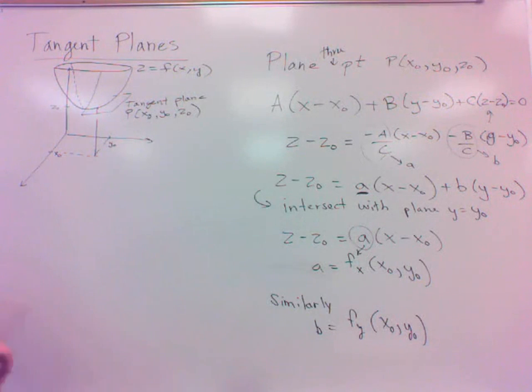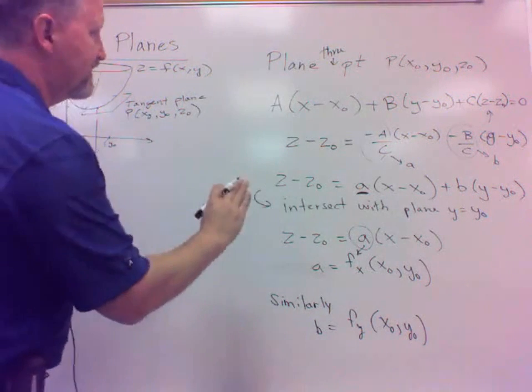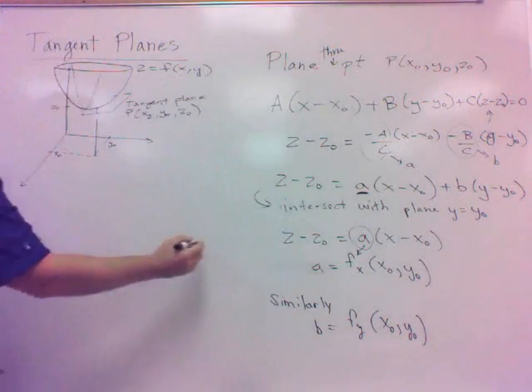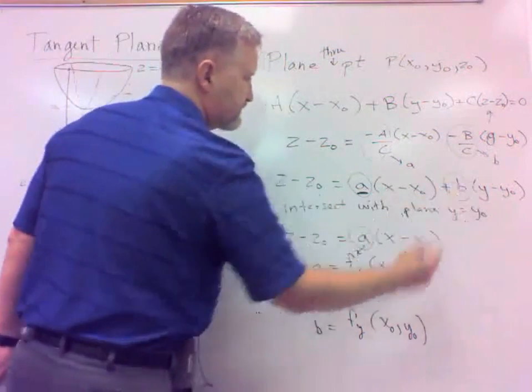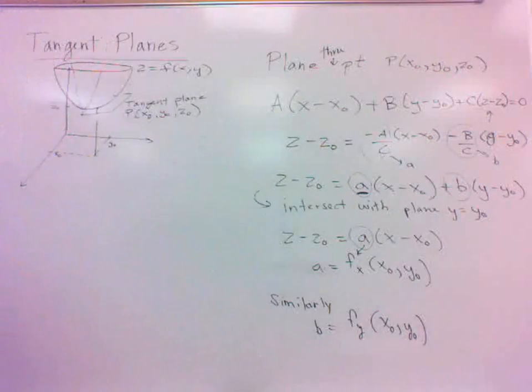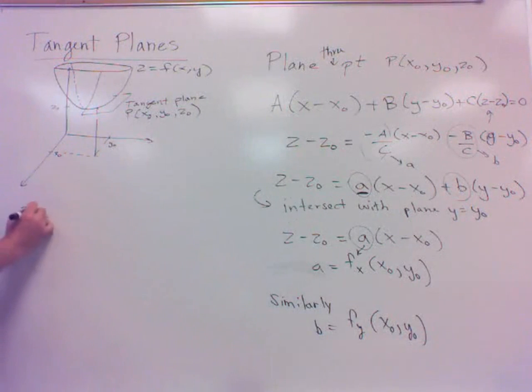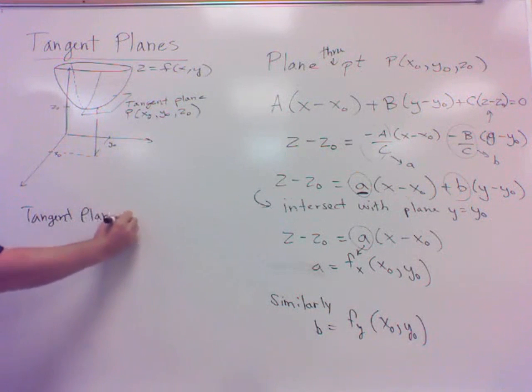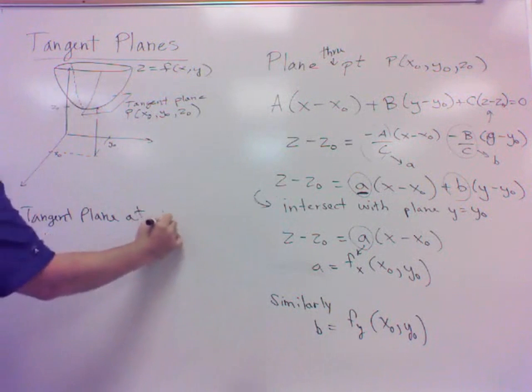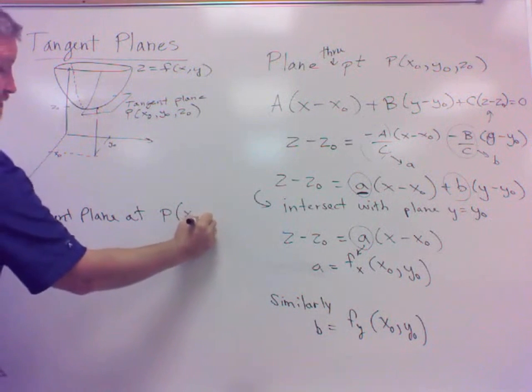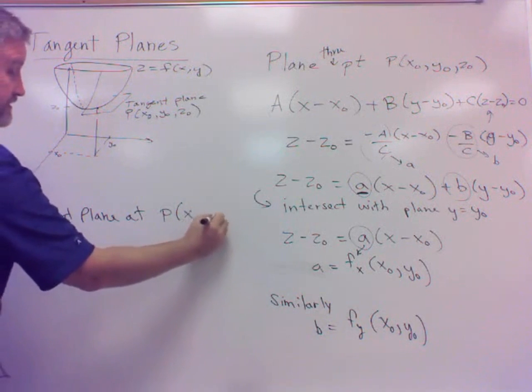Okay, so anyway, what that amounts to then is that if we make those substitutions, a and b are partial derivatives like we said, the tangent plane at the point P, x0, y0, z0